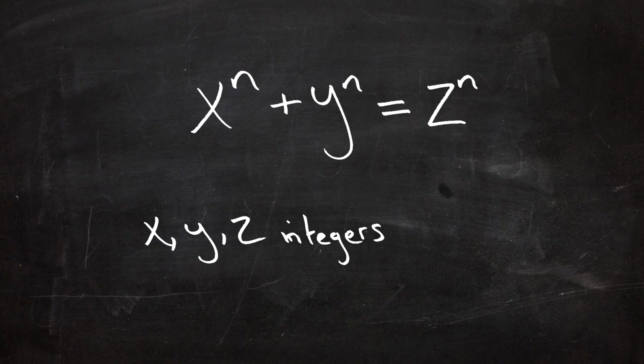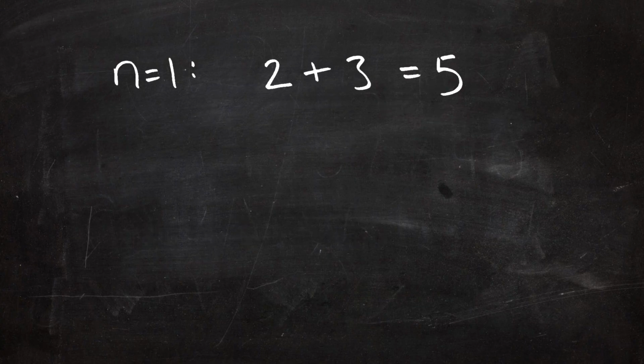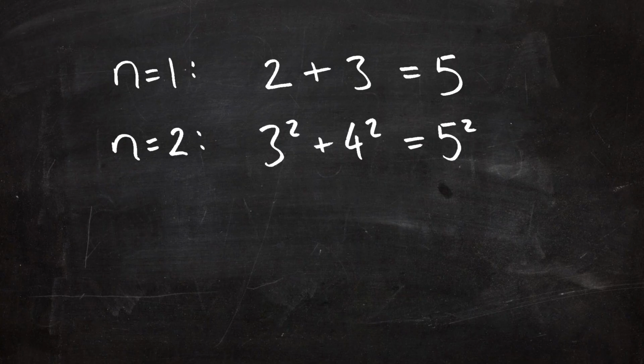Let's do n equals 1. Then that's quite easy really. I've got 2 plus 3 equals 5 would be an integer solution. I hope I haven't blown your minds with maths too early. If we took n equals 2, we could have 3 squared plus 4 squared equals 5 squared, which is called a Pythagorean triple. For n equals 3, there are no integer solutions, and that's the same for n equals 4